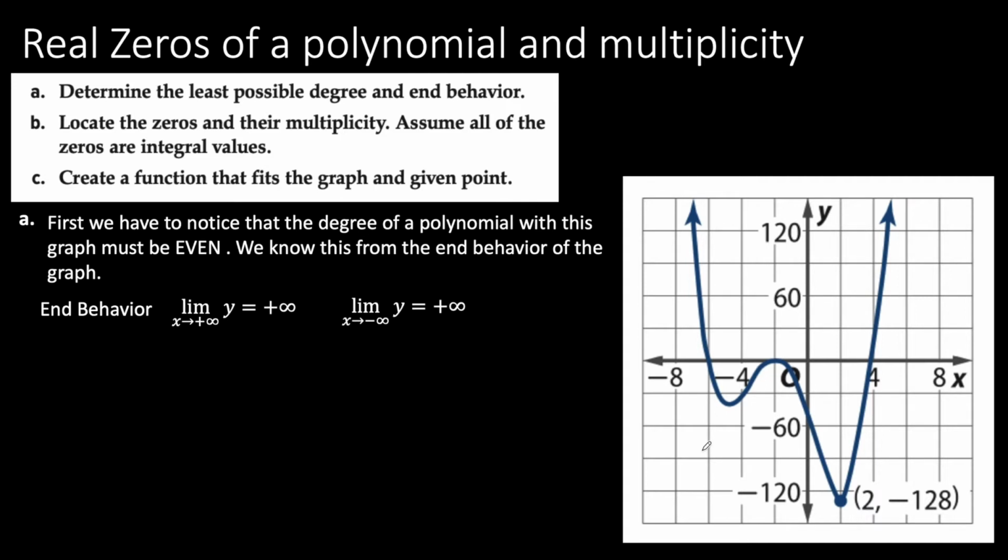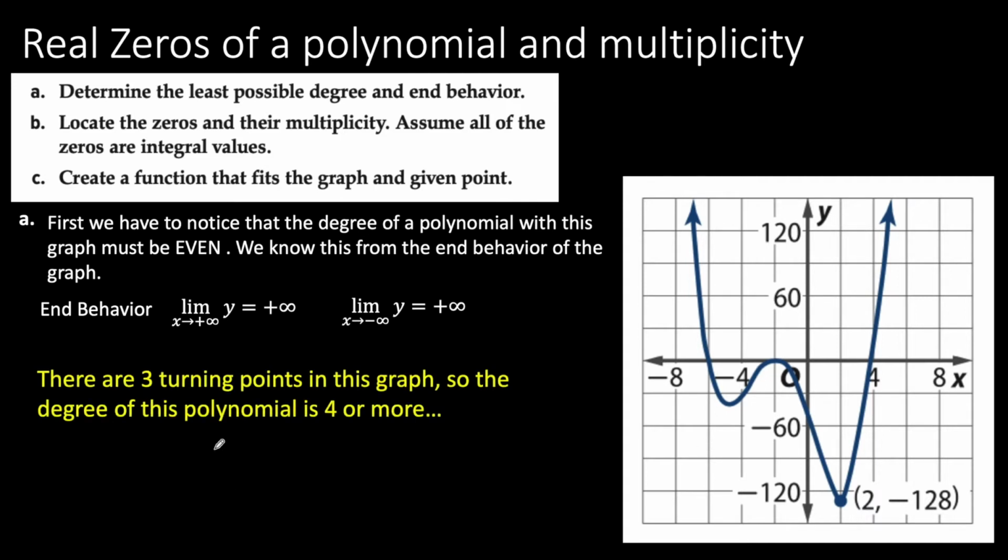What is the least possible degree now? We have to look at other features in the graph. So we have, for example, three turning points. As you can see, this is one turning point, decreasing then increasing. The second turning point, increasing then decreasing. And the third turning point, decreasing and then increasing. So we have three turning points. That means the graph should be of degree 4 or more,